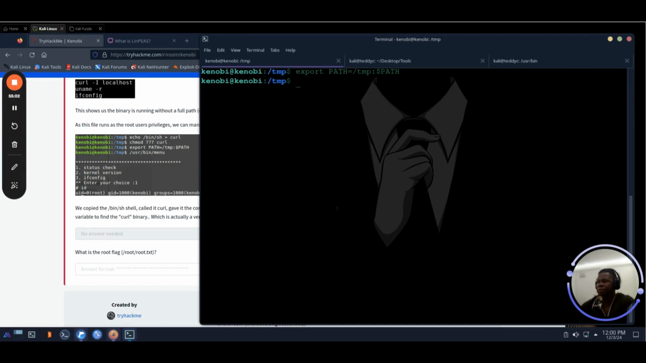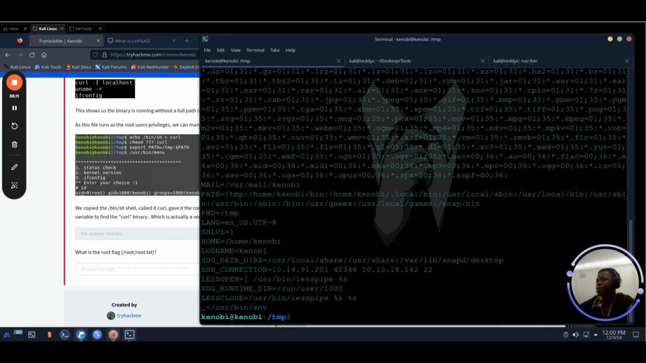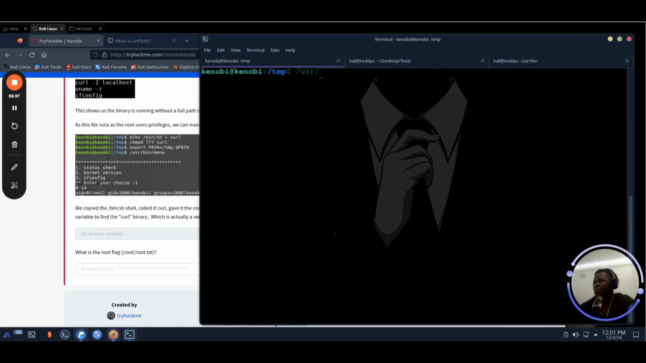Now, before I run the menu, if I type env, which is environment variable, that's what it should stand for, but I guess env is the shortcut, we should see his path change now. Yep. If you look over here, now we have the /tmp directory in front. So that will also run. So now if I do /usr/bin/menu, let's cross our fingers,